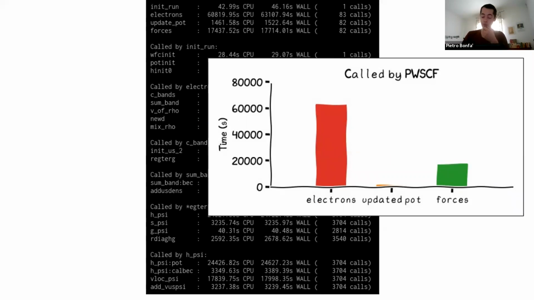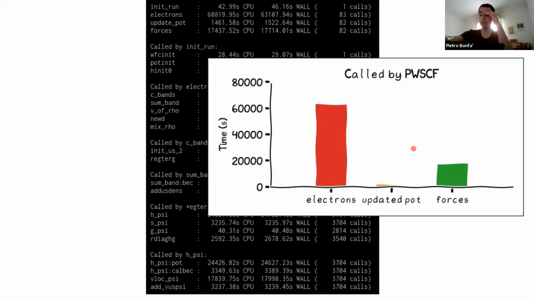But if this grows quite a lot, it may be that you are working with a GPU code where the specific algorithm that you are using is not accelerated on GPUs, or maybe you are considering the brand new projection scheme for the DFT plus U. So anyway, this is more or less the ratio